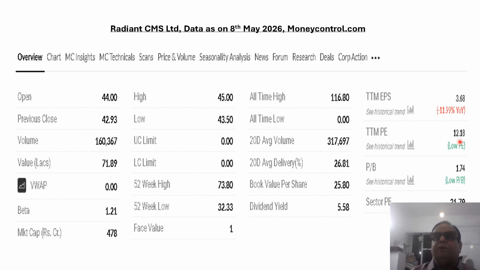So remember these numbers, because I'm going to explain next in the slide how you are going to interpret them, and catch the conservative and the value investment. So be careful. Here the TTM P/E of the stock is 12.18, and the sector P/E is around 21.7579. So let's make it 22. And price to book value is very less, 1.74. Okay, next, go to the slide.